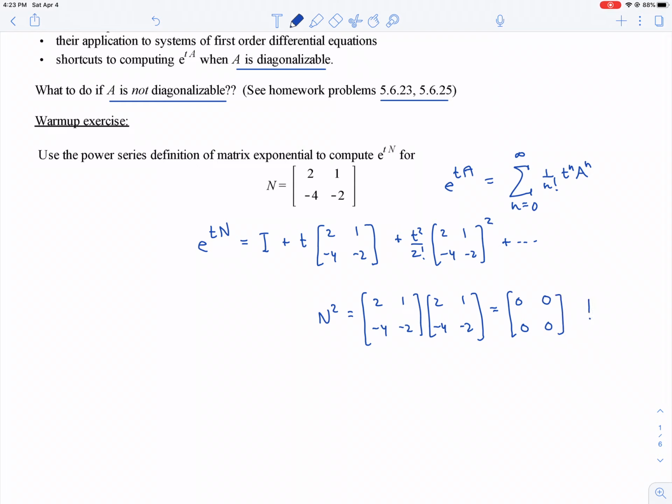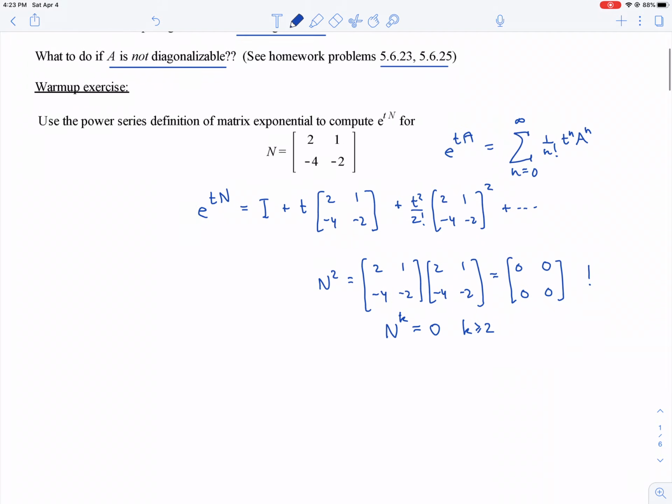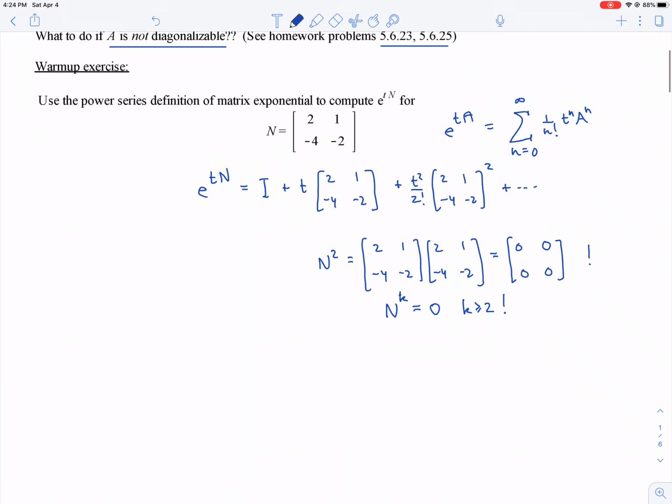Well, since N squared is 0, that means that any higher power also equals 0, because it'll be N squared times a positive power of N, which will be 0 times a matrix, which is 0. So e to the t